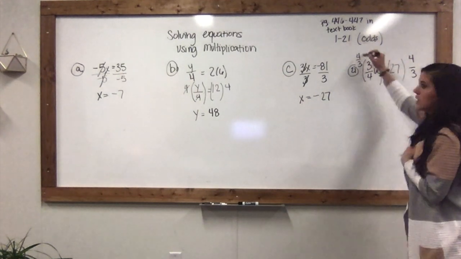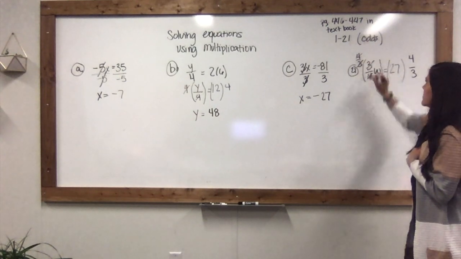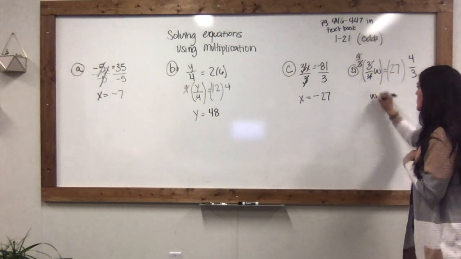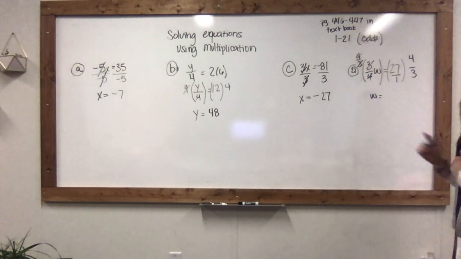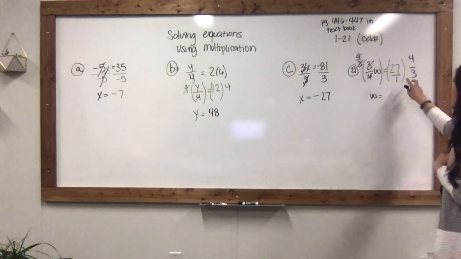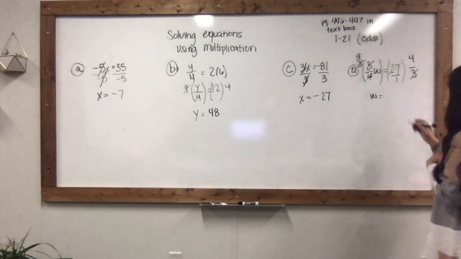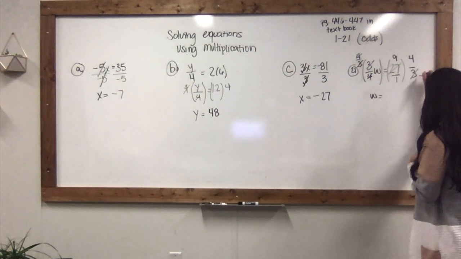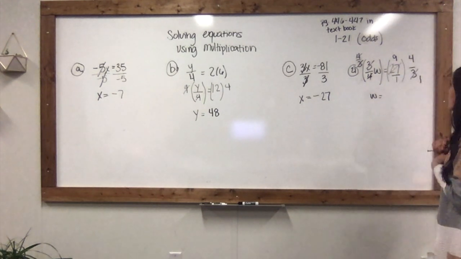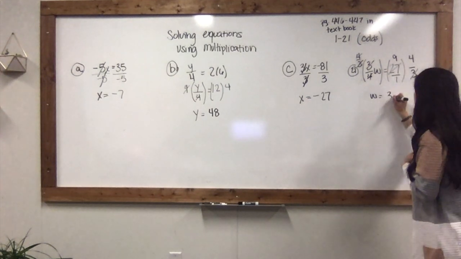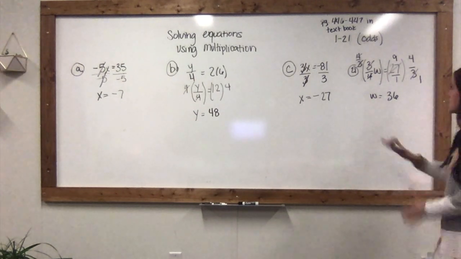So remember, I can cross simplify, so these 4's are going to cancel out, and the 3's are going to cancel out. I'm left with just a w on that side of the equation. I can put this 27 over 1, and now I can cross simplify. So I know that 3 goes into 3 and 27. So 27 divided by 3 is going to be 9, and 3 divided by 3 is 1. Now I've got 9 over 1 times 4 over 1. 9 times 4 is 36, and 1 times 1 is 1, so we don't even have to put that as our denominator. So w equals